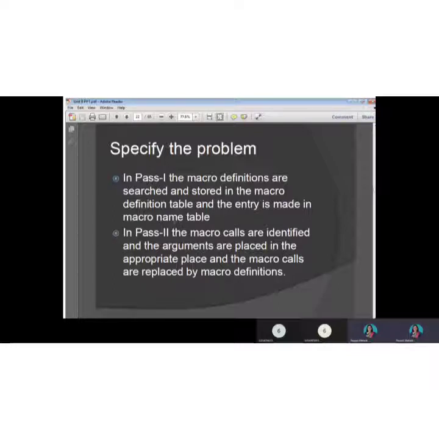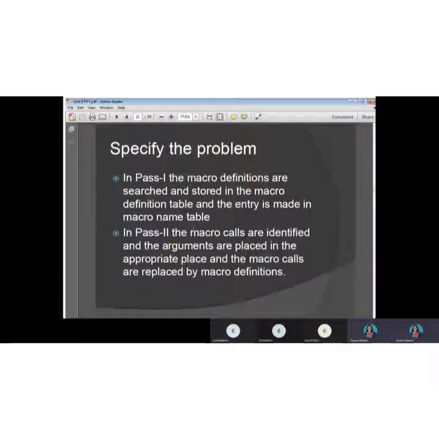So in pass 1 we read line by line every instruction in the program. We identify all the macro definitions, we store the macro definition in the MDT table, and we store the other entries related to the index or the argument in the macro name table.